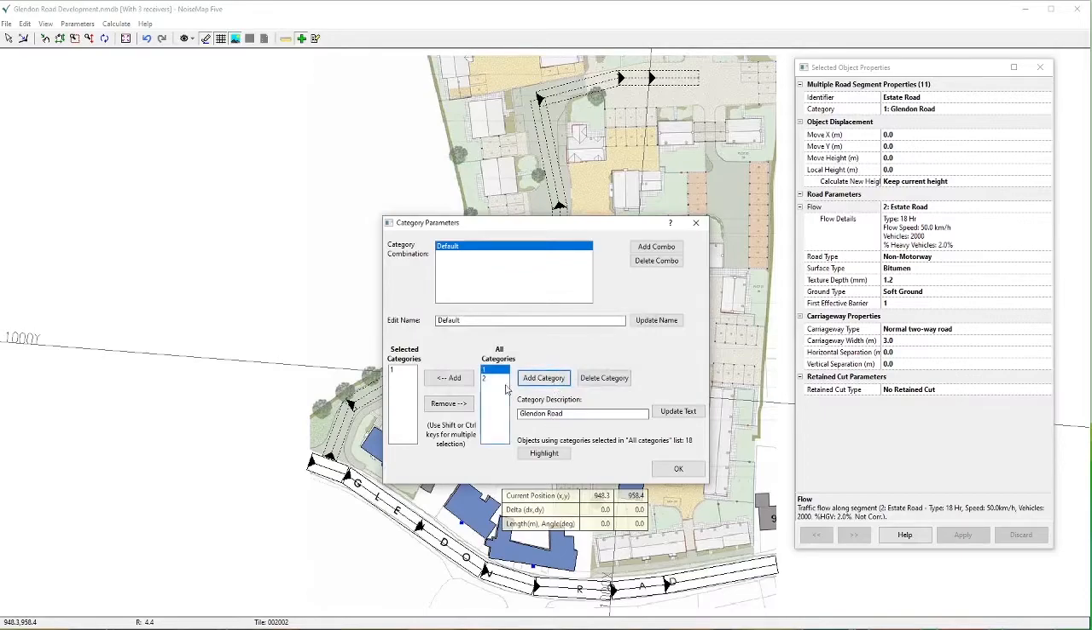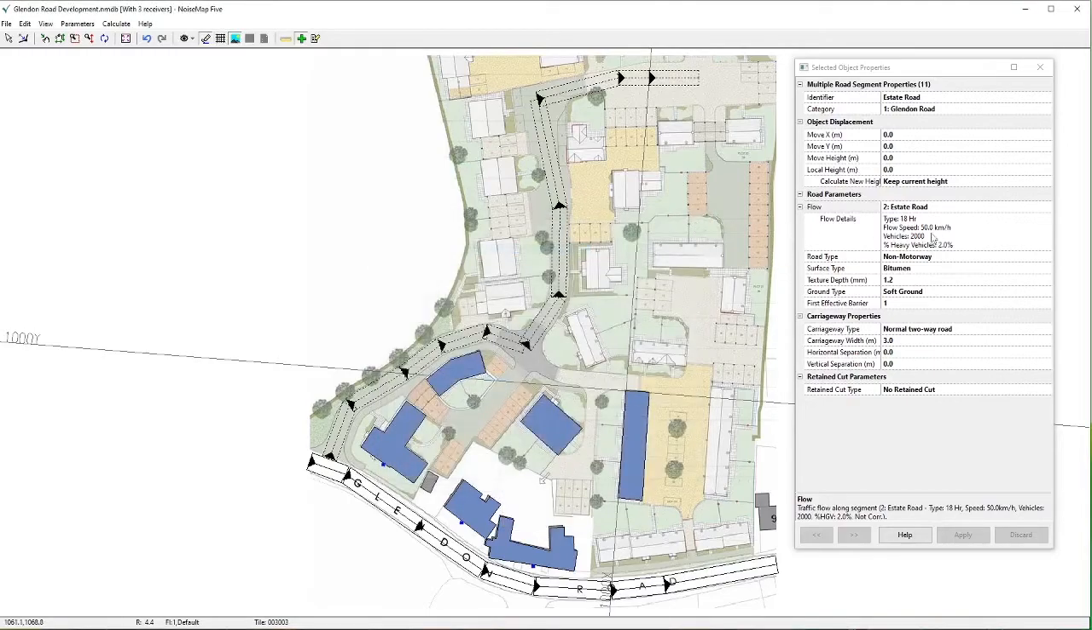So now I've got 2 categories. I need now to apply those categories to the new road. So I'll close this dialog just for the moment, and up here you can see that the estate road is still in category 1, which is Glendon Road, but I'm going to change it to category 2, estate road. And because all those segments are selected, all those 11 segments are now in category estate road with the estate